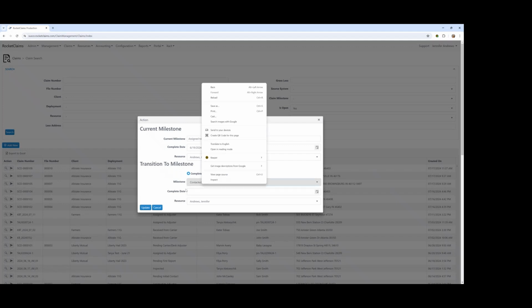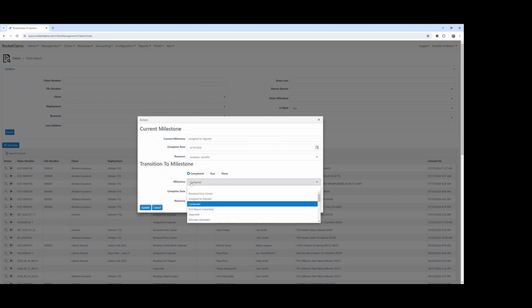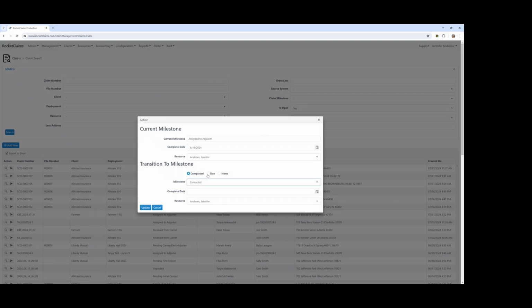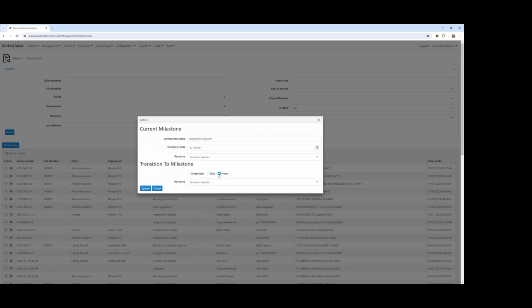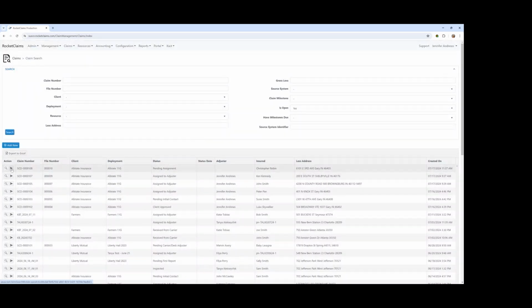If instead you want to apply a due date for a future step, so if instead of marking contacted as complete, you wanted to say the first contact is due at a certain time, you could change this radio button to due. It'll change the milestone wording to reflect that it hasn't occurred yet, and you can give it a due date here as well and hit update. You can also not transition to another milestone. So those are kind of the options that you'll see when clicking this action button, where you can directly take action on a claim. You'll see the same ability to take action on a claim in a few additional screens